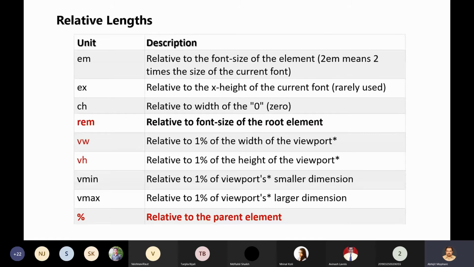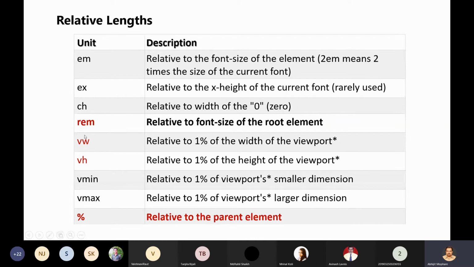So if you specify the font-size property of the root element, then that font-size will be utilized as the base size in the rem unit. Whatever size you specify using rem will be relative to the font size of the root element, that is the HTML element or HTML tag. I will demonstrate this, and you will come to know what I am talking about. Just remember that we are going to use rem most frequently.